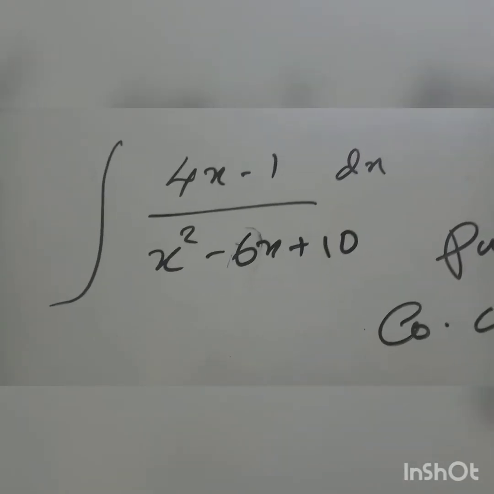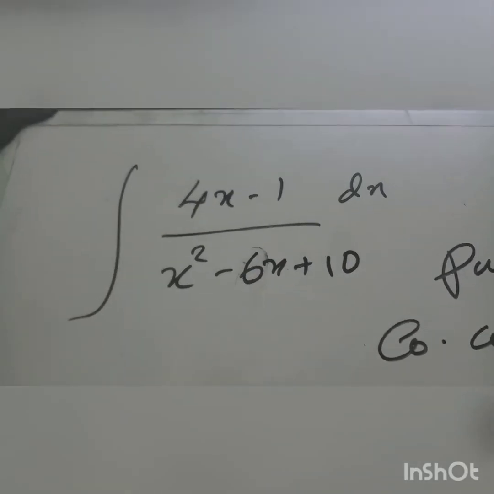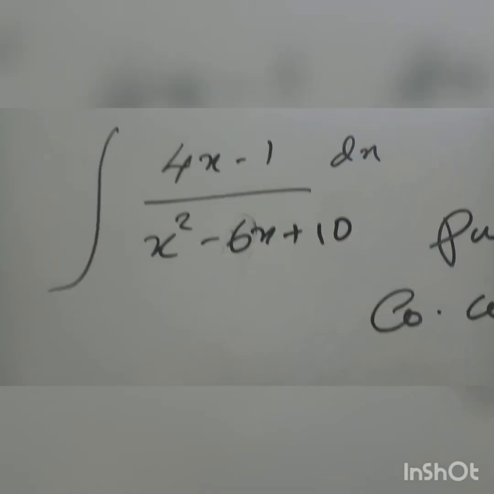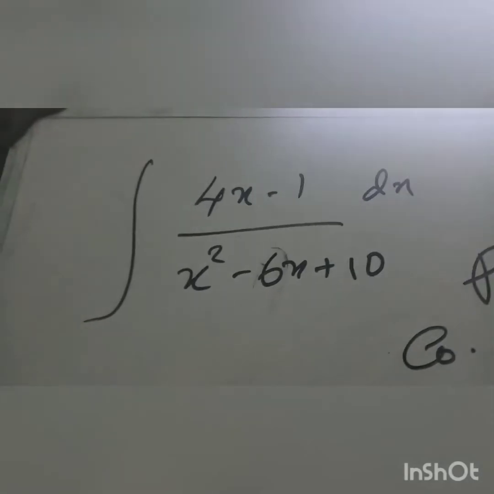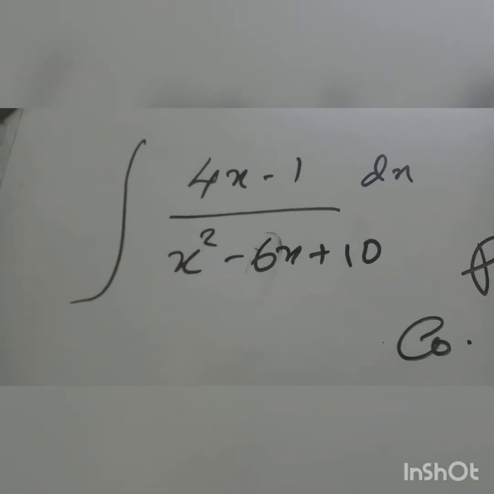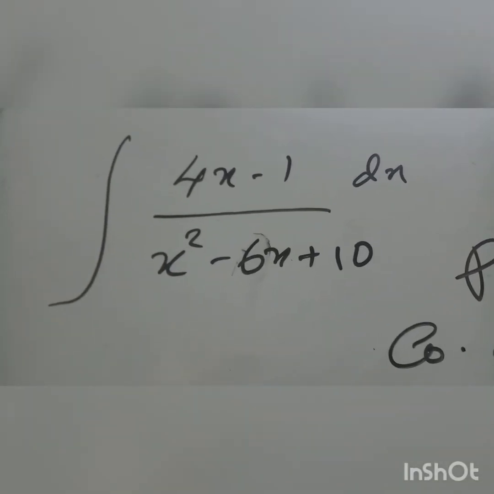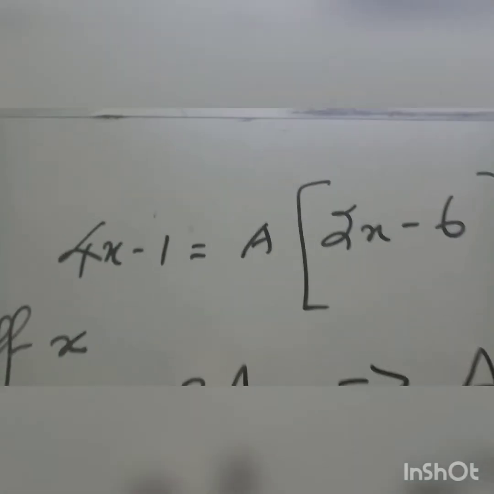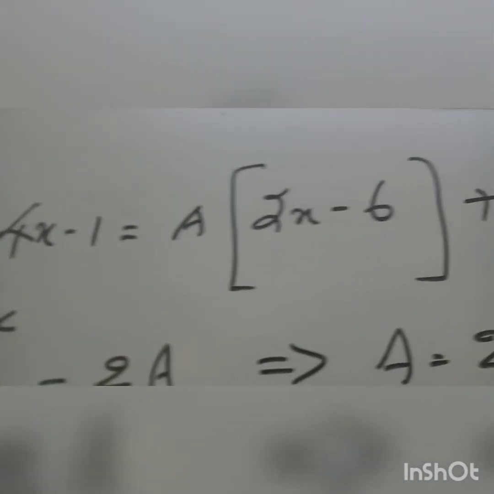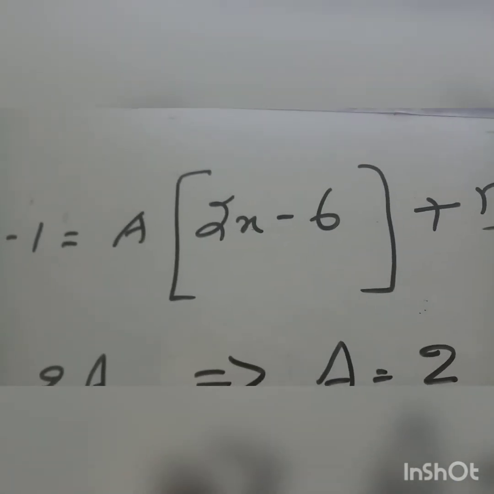Let us discuss one more problem. Integral 4x minus 1 dx divided by x square minus 6x plus 10. Here, this problem is of the form a linear expression divided by a quadratic expression. We know the method of this one and express the numerator 4x minus 1 as a constant a into derivative